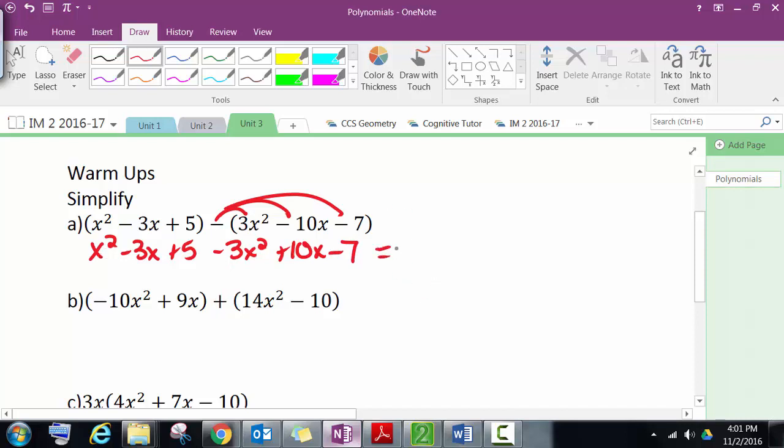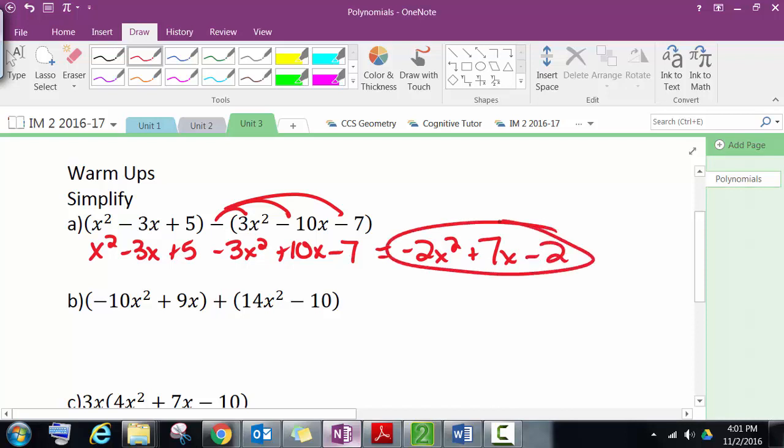Well, x squared and negative 3x squared is a negative 2x squared. Negative 3x and 10x is 7x. And 5 and negative 7 is negative 2. And that's it. Now, if I have something like letter B where it's addition, I don't have to distribute, so